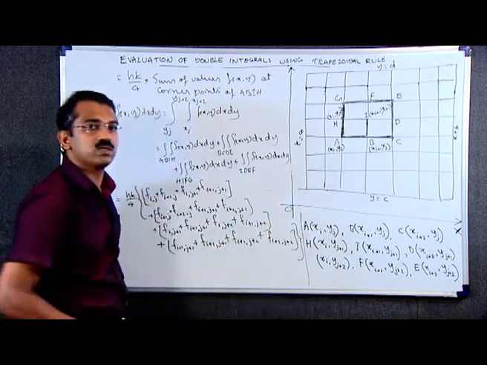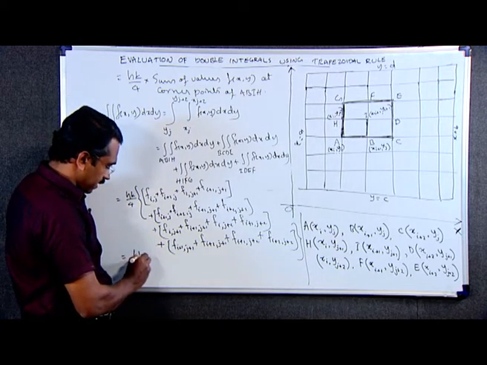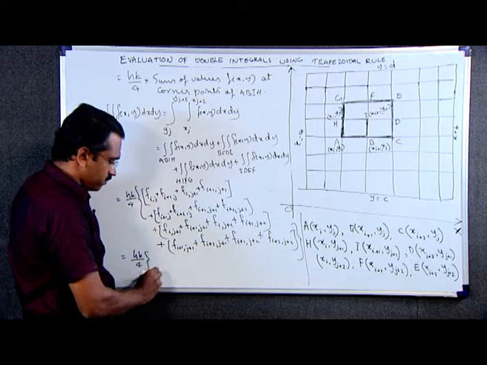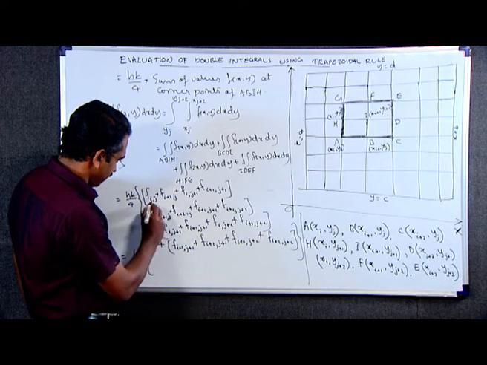Therefore, this is equal to h into k divided by 4 into f i j, this term,